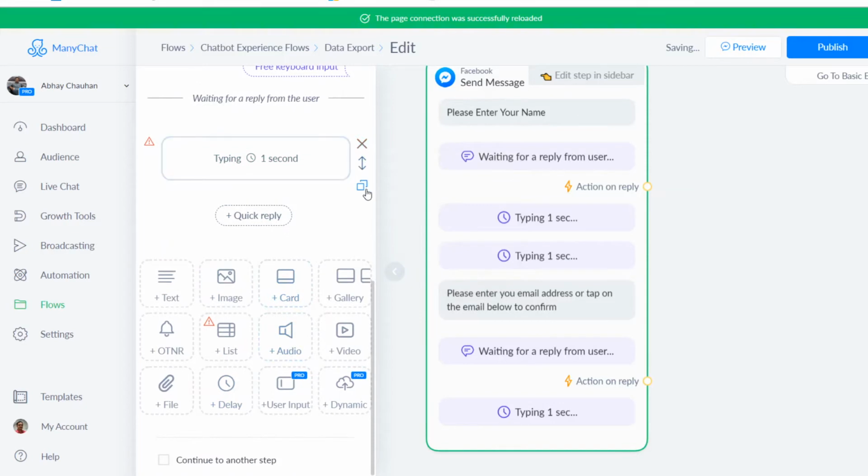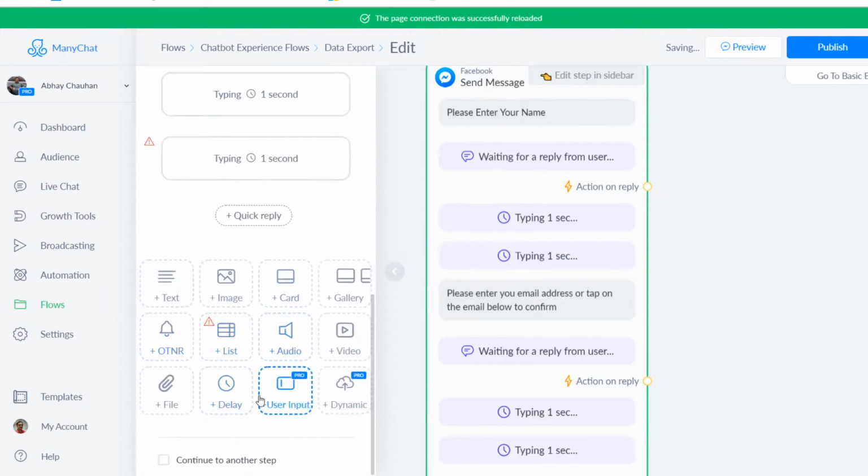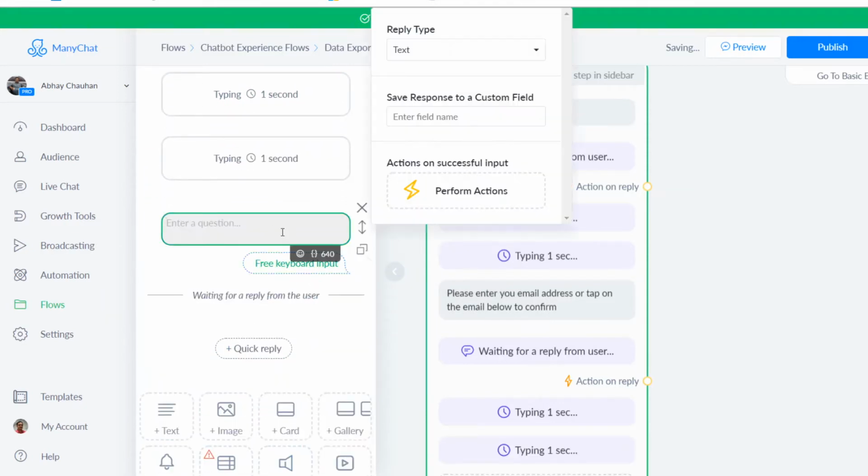And duplicate this, and then another user input, please enter your WhatsApp number, right? Or you can say simply mobile number, or tap on below number to confirm, right?